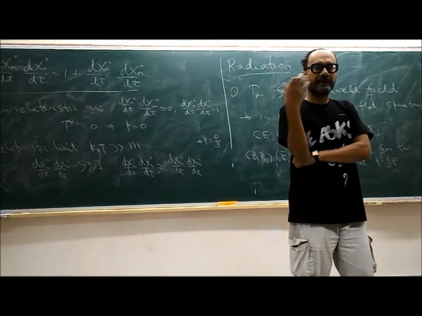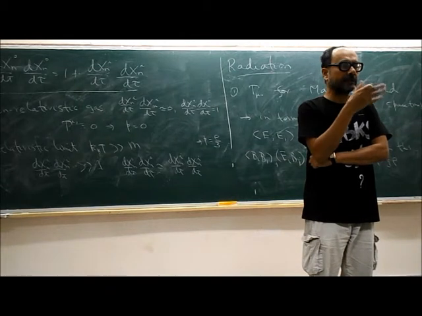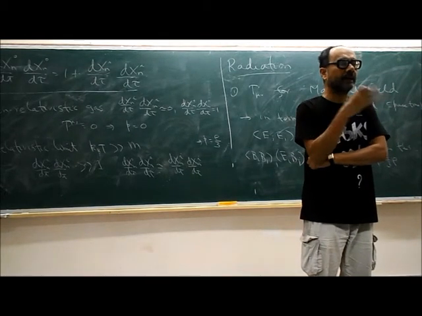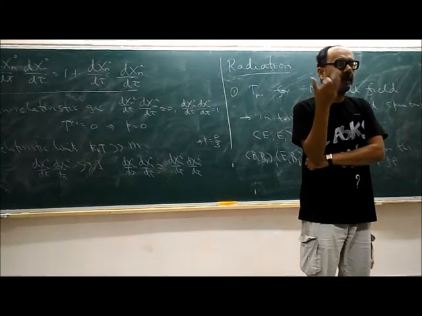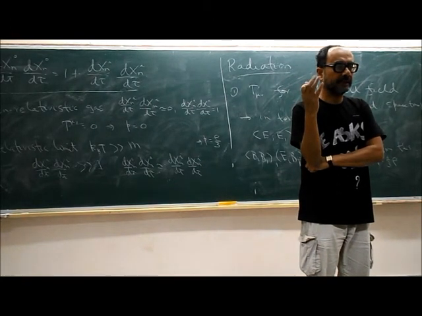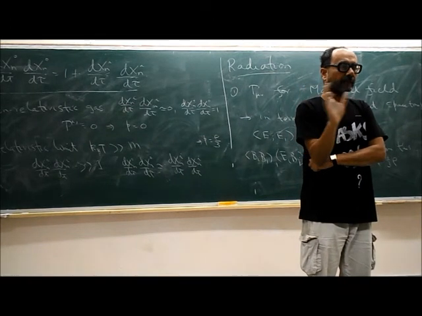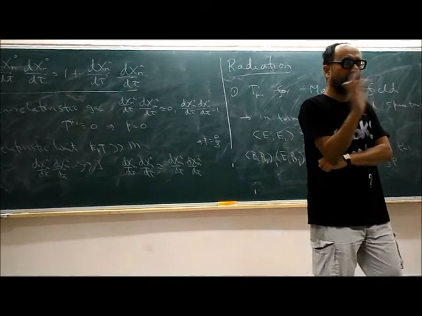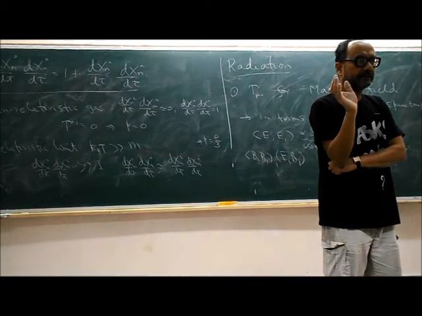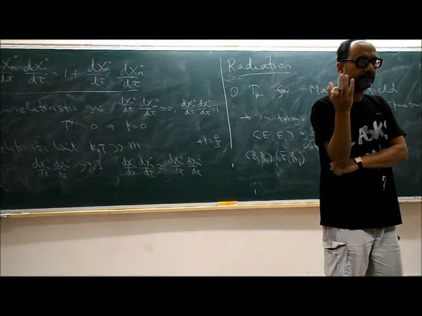Yes, we are assuming that these are just random electromagnetic waves. It's a superposition of many electromagnetic waves, each with different phase, different amplitude, and you are just averaging over all of them. That's the meaning of averaging. There is a superposition of many electromagnetic waves whose phases are totally uncorrelated, and whose directions are also uncorrelated.